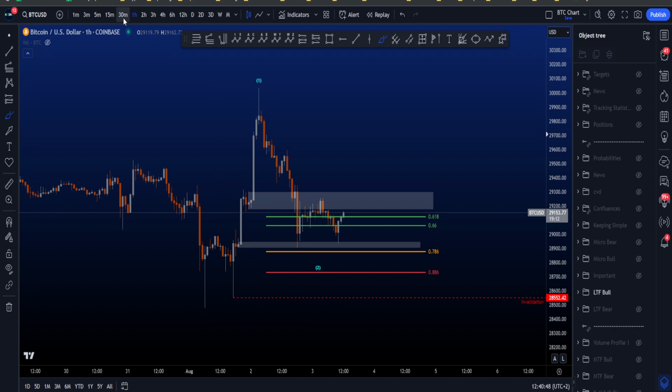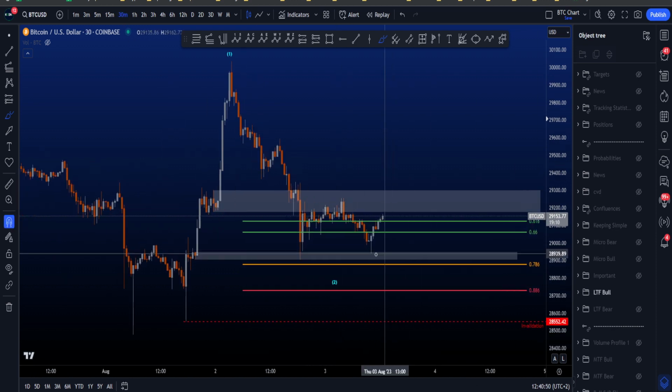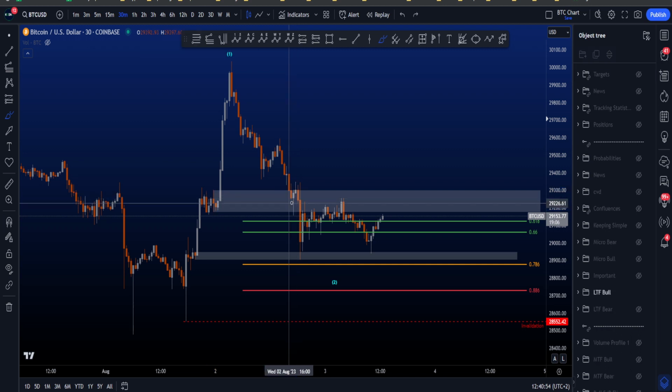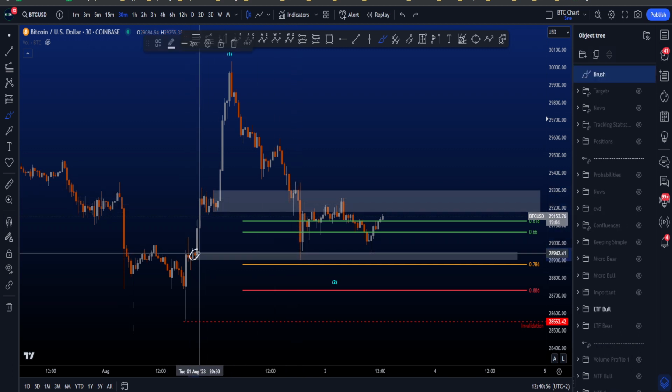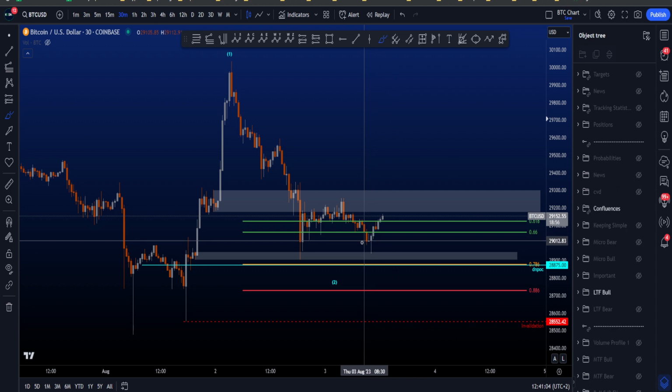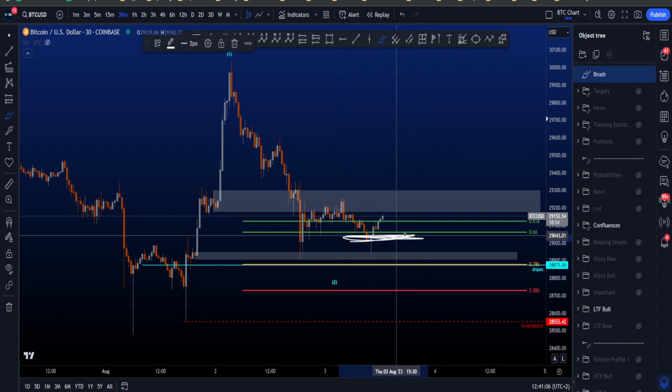More locally, there were mainly two areas of support for extra confluence as well. We had over here an order block, acted as support but broke down, went to the other order block to fill this gap that we had over here, moved up, moved down, a bit of ranging in between the two order blocks. Additionally, we also had a daily naked point of control over here,